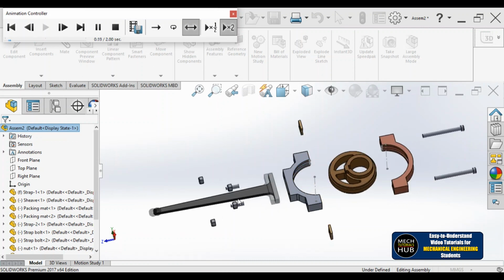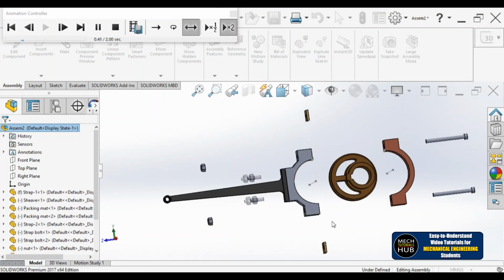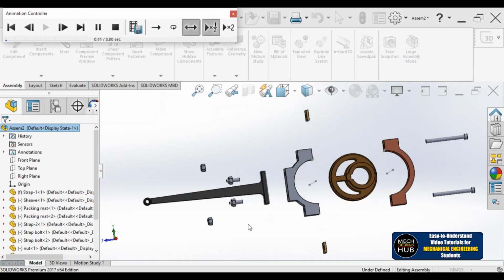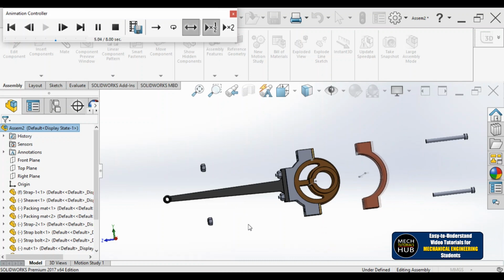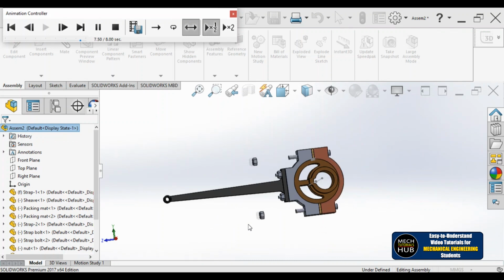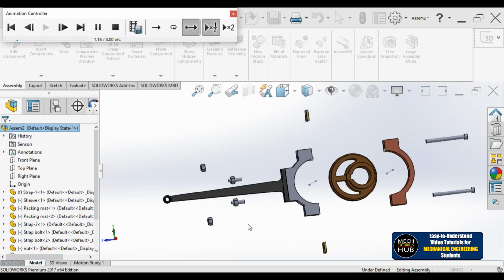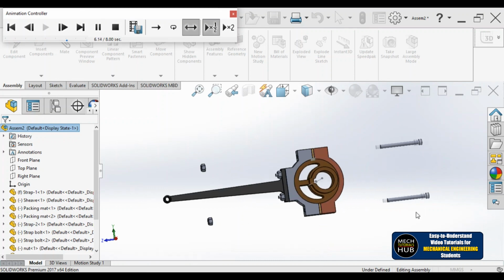Okay, now all the parts are coming to its working position and moving back to the offset distance which we already set. Now you can slow down the process also to have a better idea, so that students will understand better how the components have to be placed in its working position, how it is going to insert, up to what distance the stud is going to insert. So same process you'll understand better. That is the reason I'm trying to show you all the stuff.